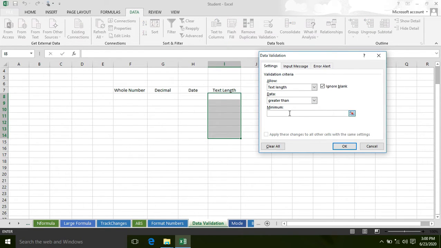Text should be greater than 6 characters or 7 characters. Text should be greater than minimum 7 characters. Text should not be less than 7 characters. Input message,